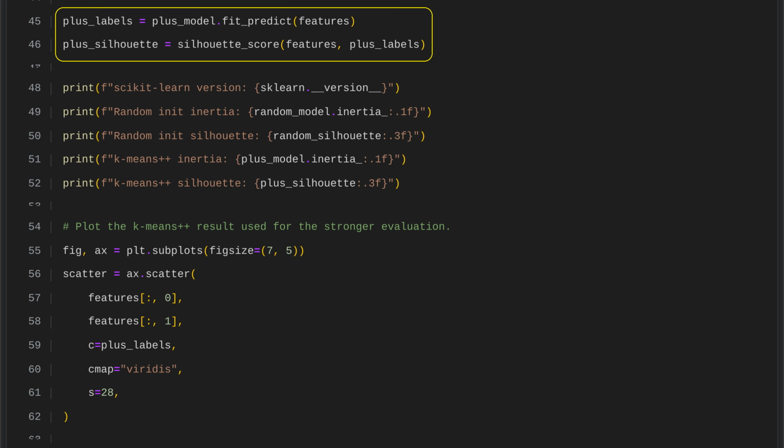The code applies k-means clustering using k-means++ initialization, which helps choose better starting points. After fitting the model, each data point is assigned a cluster label. It then uses the silhouette score to evaluate clustering quality, where a higher score means the clusters are more clearly